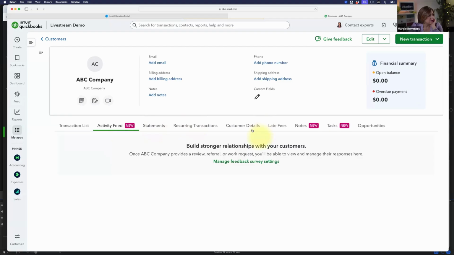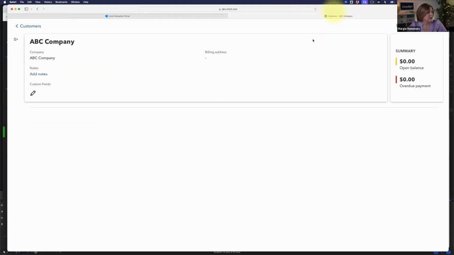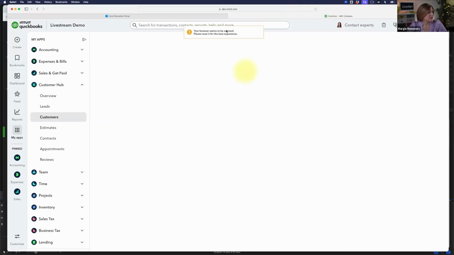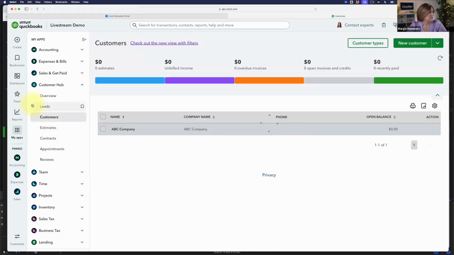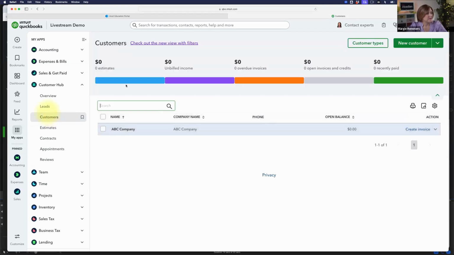Statements, recurring transactions, customer details. If you click that, oh, what happened to it? It should just give us like all the details about that client. Interesting. That seems to be broken. Oh, lovely. My whole thing is broken. Let's see what happens if I...